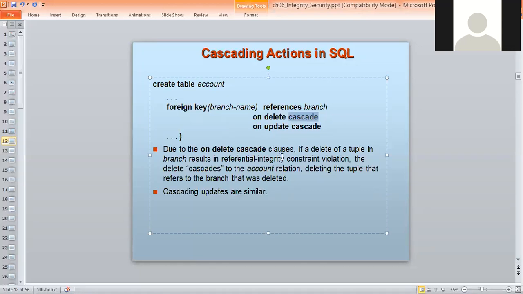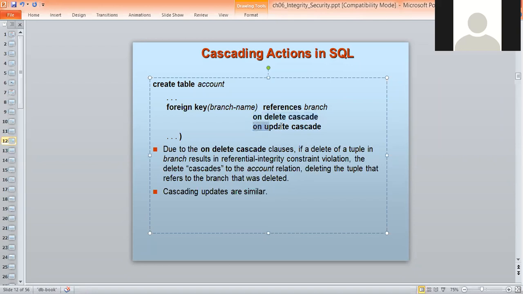Due to the on delete cascade clause, if a delete of a tuple in branch results in a referential integrity constraint violation, the delete cascades to the account relation, deleting the tuple that refers to the branch that was deleted.